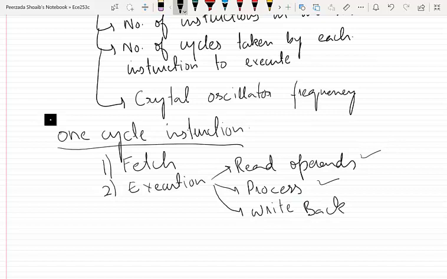So what is the idea of pipelining? The idea of pipelining in its simplest form can be explained as a CPU is allowed to fetch and execute at the same time. That means an instruction is fetched while the previous instruction is being executed. The next instruction is fetched while the previous instruction is being executed. And this idea of pipelining can be used to speed up the execution of the instructions. For example,